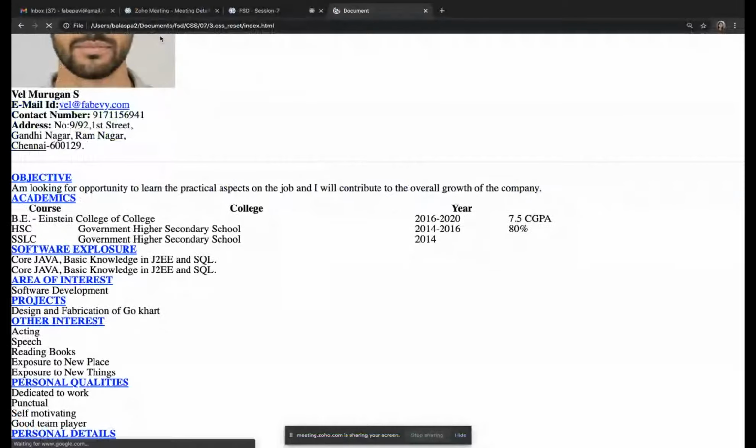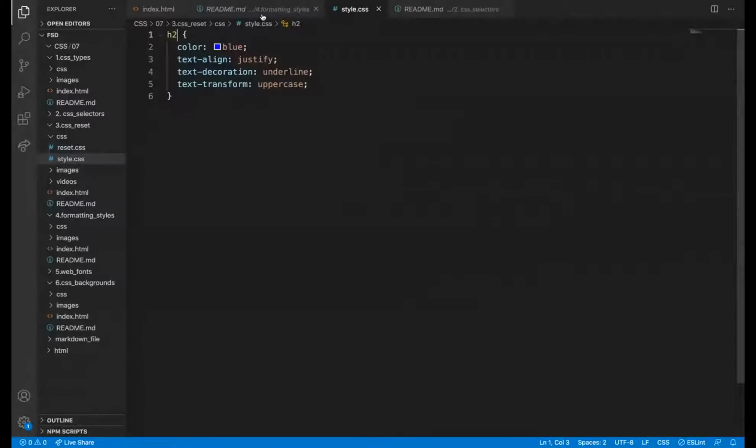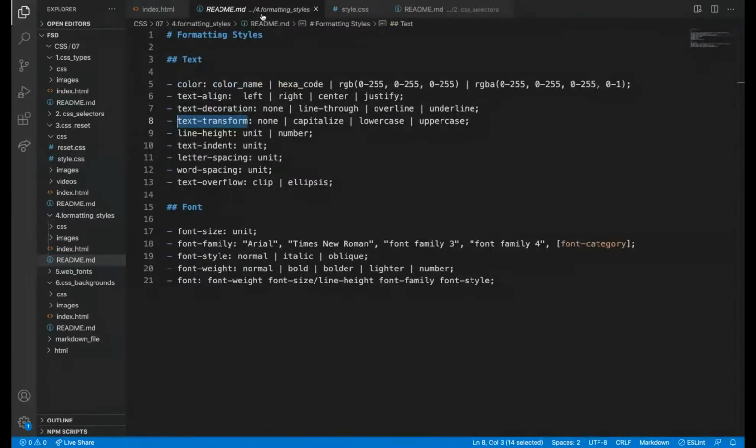You can type it in capital letters in the HTML tag, but sometimes the user may enter anything in dynamic cases, and sometimes we will forget to add capital letters. We can make it in CSS. We can make it even though we forget to add capital letters in the HTML. We don't want to go to the HTML and change it. We can simply change it in the style sheet itself. So text transform uppercase will transform the text.